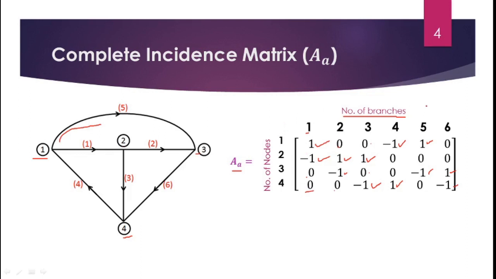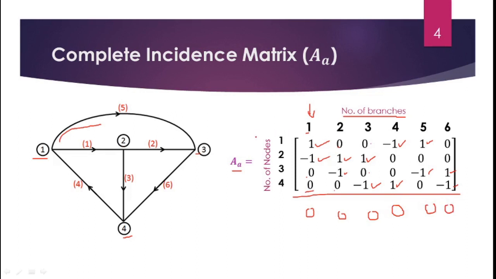So first of all, the size of this matrix is the number of nodes by the number of branches, and a very important property is that if we add all the elements in each column, you will find that the sum is 0. So for the branch 1 column, you will find 1 minus 1 plus 0 plus 0, so the total becomes 0. For column 2, 1 minus 1, 0. For column 3, 0. Column 4, 0. Column 5, 0. Column 6 is also 0.